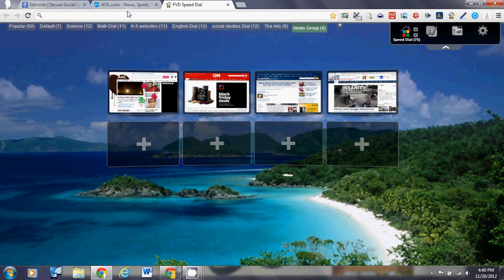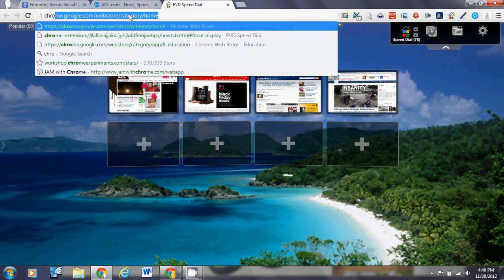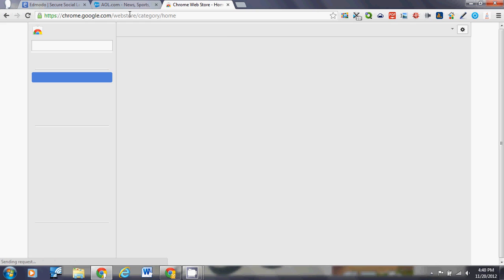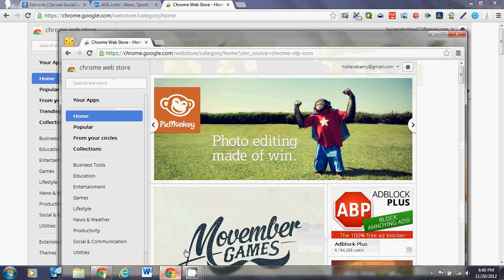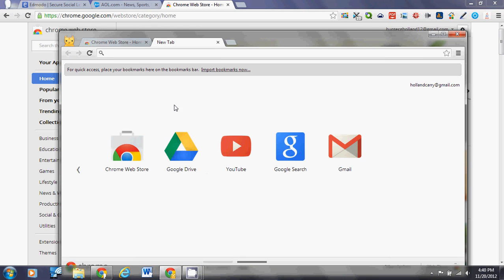All of the items that I've downloaded in the web store are free, and I got them by going to the Chrome Web Store, and all I did is start typing in Chrome, which again, if you're doing it from the start, you're going to have this little interface right here. You're going to have Chrome Web Store right there catering to you,